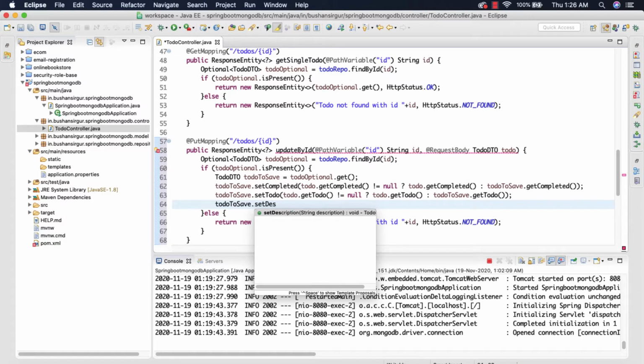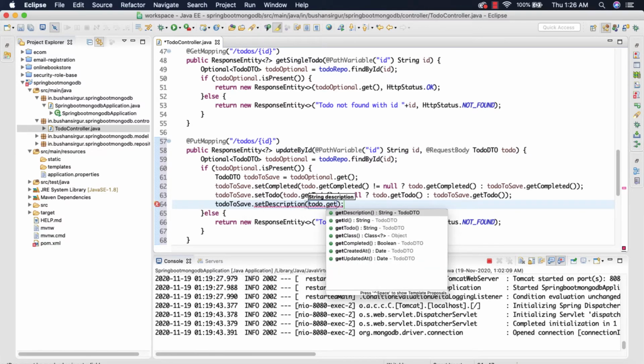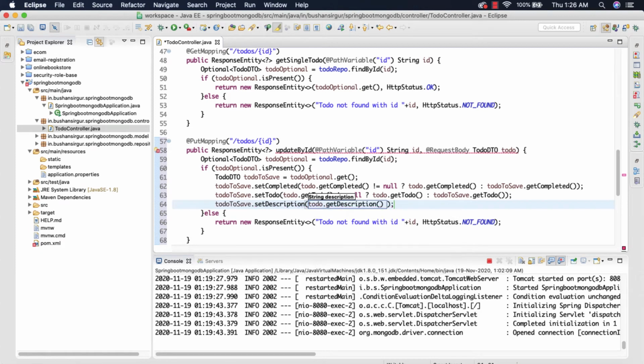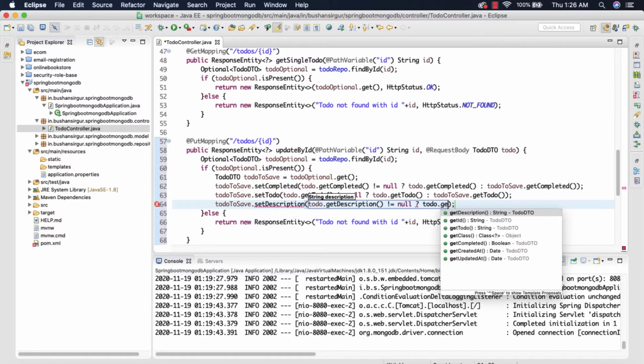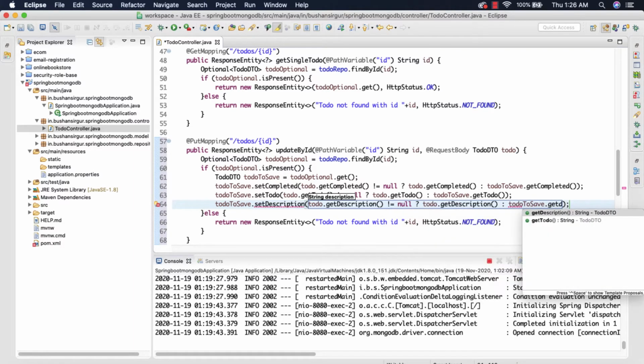SetDescription, if todo.getDescription is not equal to null, then todo.getDescription, otherwise todoToSave.getDescription.